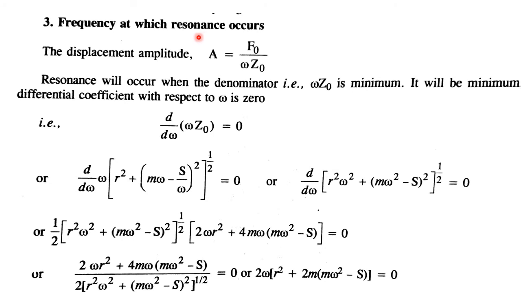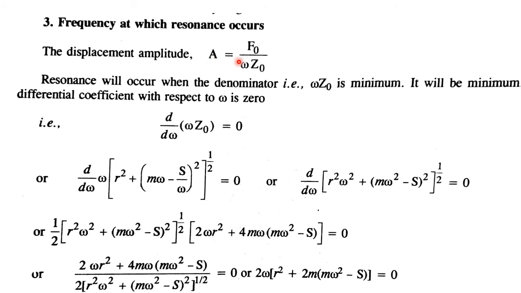What is resonance? Resonance occurs when the amplitude is maximum. That is what we require. What we are expecting from the forced oscillator is that the oscillations we get should always have the maximum amplitude. That maximum amplitude occurs when resonance occurs. See here, you know that